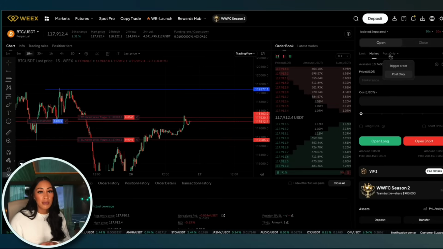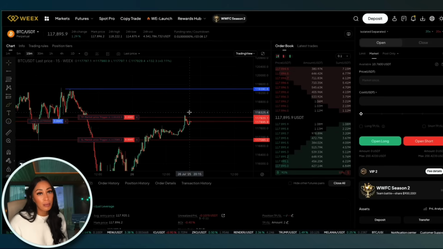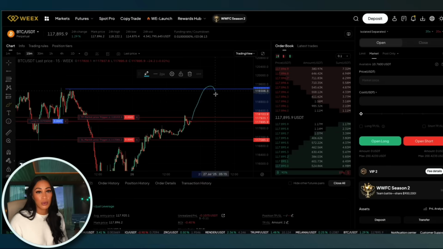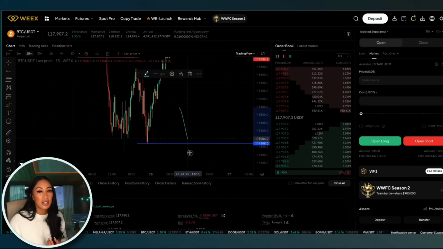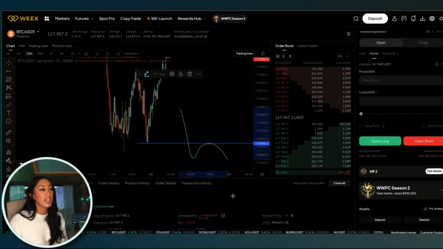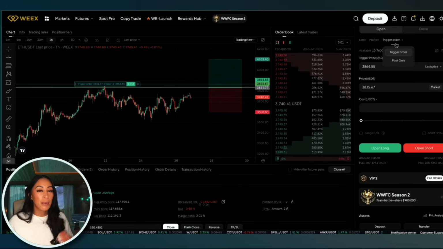There are two types. For a buy stop, you're saying only get me into a long position if price breaks above a certain resistance level. For a sell stop or a short, you're saying only enter into a short if price drops below a certain support level, and then I'll want to get involved. You'll use this when you want confirmation that price is breaking a key level before entering. Classic for breakout trades. A post only order is a special type of limit order that guarantees your trade is